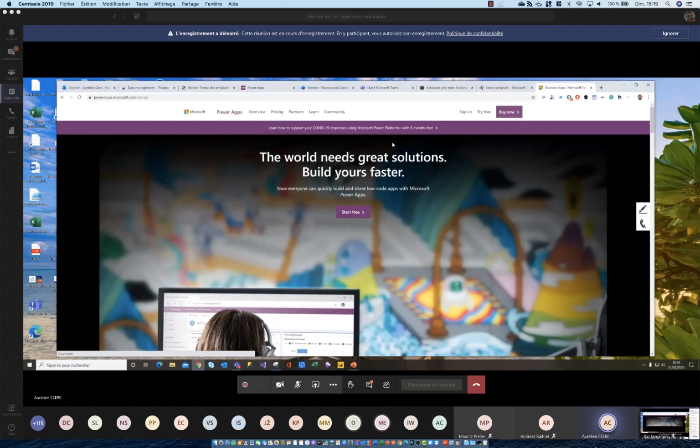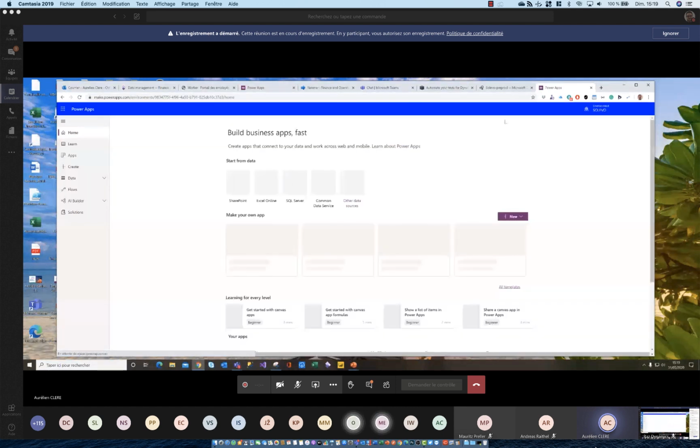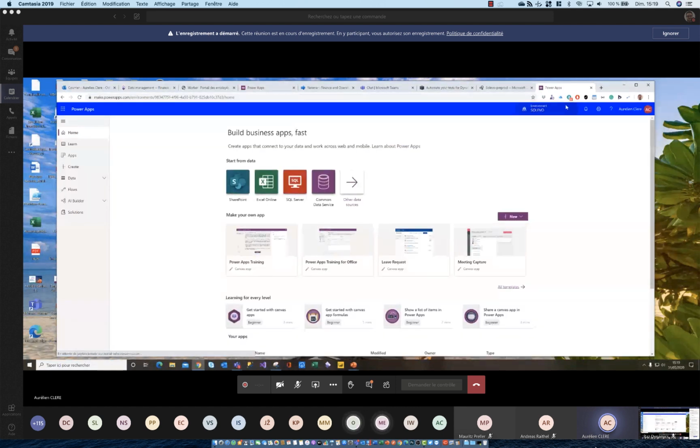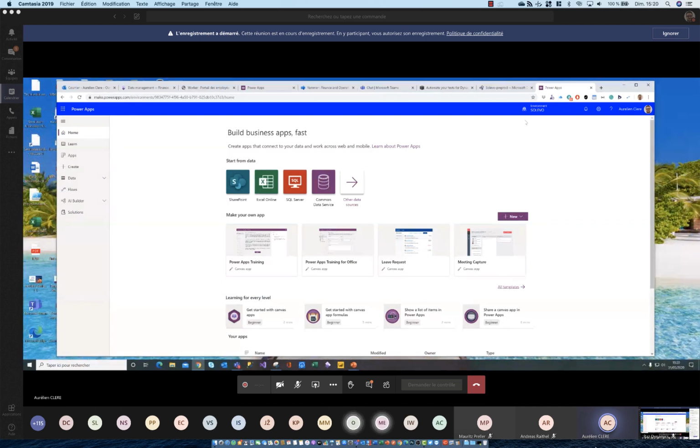If you are very expert in Finance and Operations and you don't know CDS at all, believe me, you can also do that, because we have a lot of MVPs and a lot of content from the community for CDS. And Microsoft is doing a lot of sessions at the Microsoft Business Applications Summit on CDS.